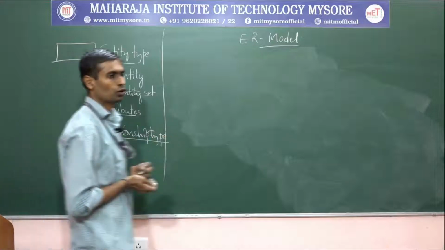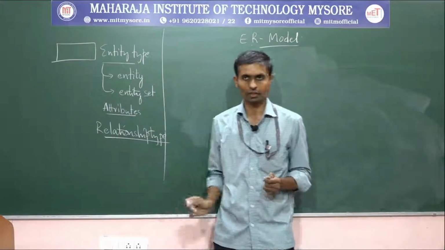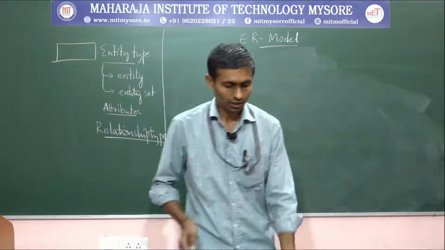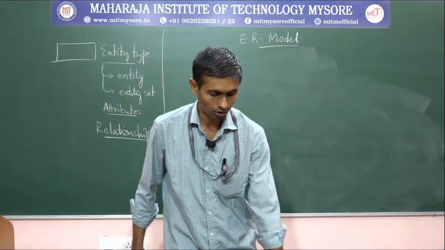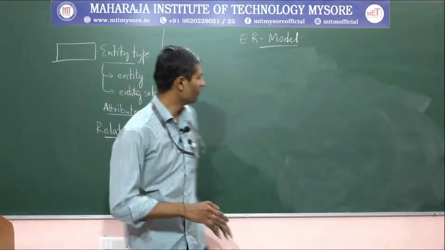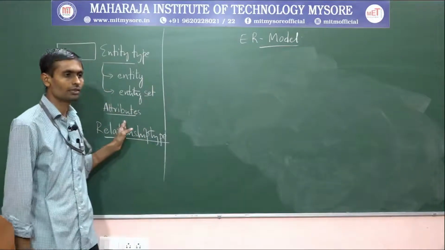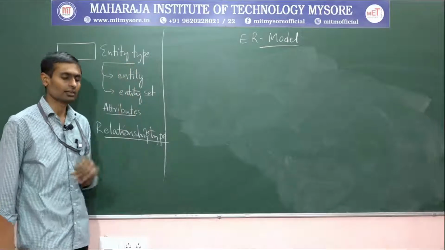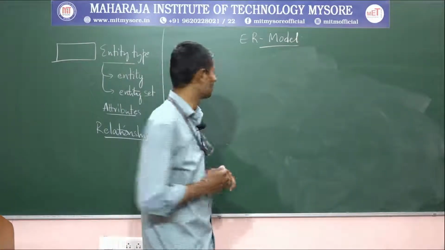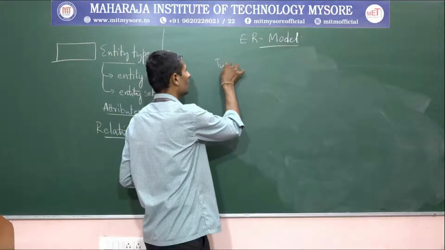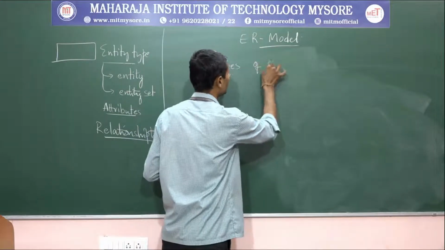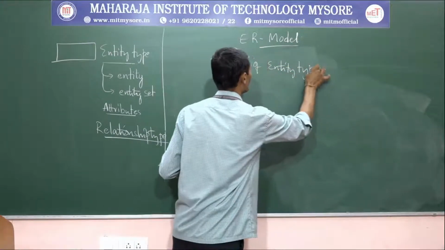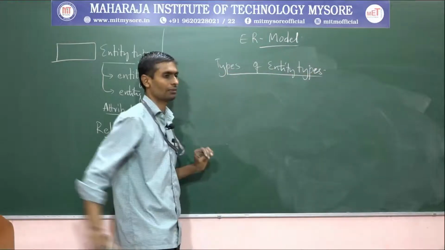So we added one more thing to the completed bunch, right? To the set of topics which we have completed. To that bunch we have added. Now I am with one more thing. So we said there are different types of attributes. In the same fashion, do you have any categories with respect to these entity types? Yes, guys, we have different kinds of entity types. So now let me introduce you to the types of entity types, or we can say the categories of entity types.